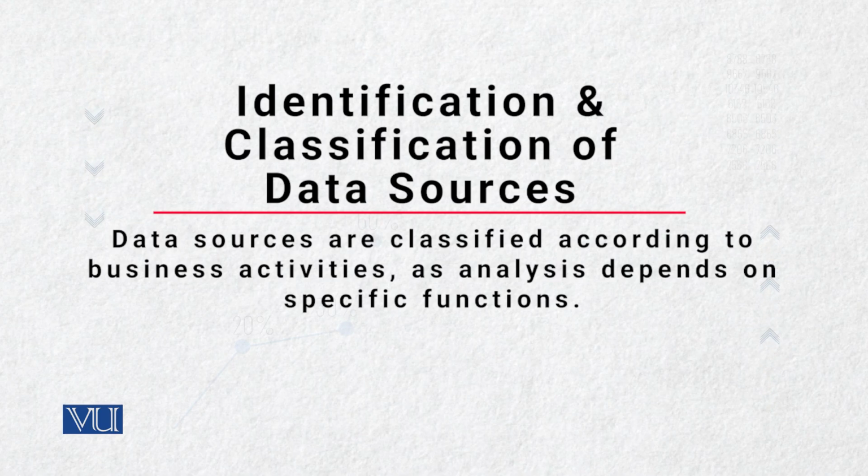Suppose you are doing sales analysis, then you need sales data, but sales data alone is not enough. So what we need to do is identify some other data sources. Sales is primarily about 3-4 parameters: what product you are selling, what is the price, who is the customer, and from where you are selling. So these are 4-5 main things, but then there are other aspects as well with regard to financial analysis.